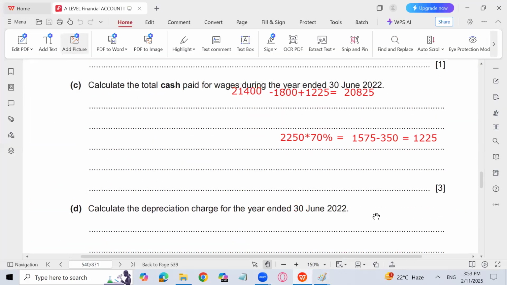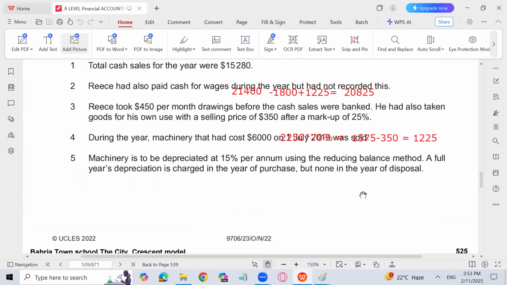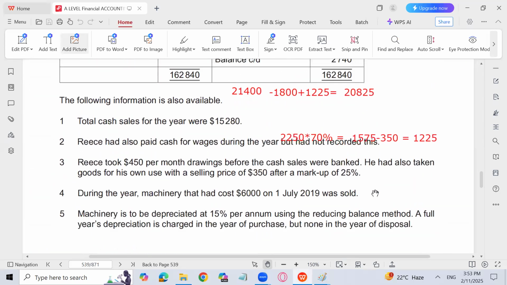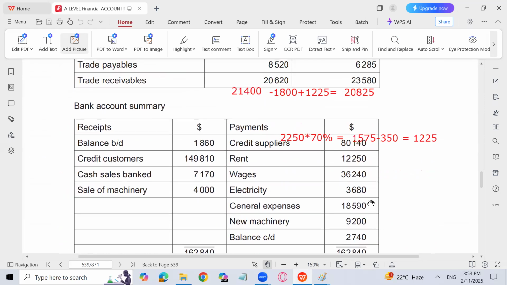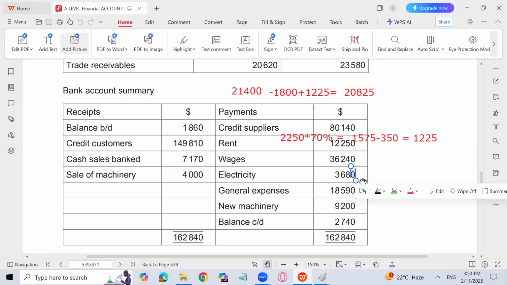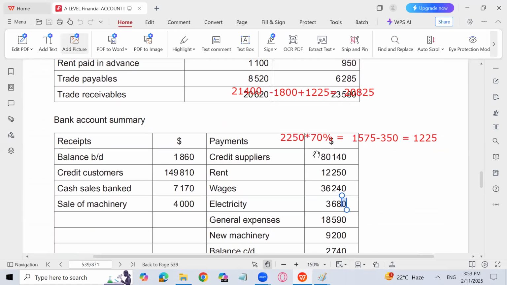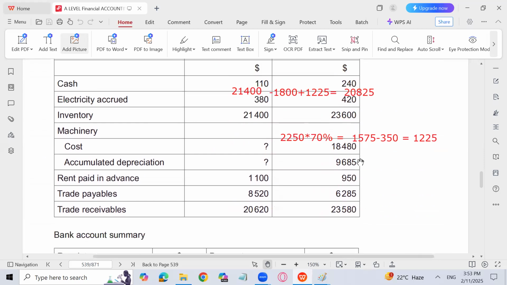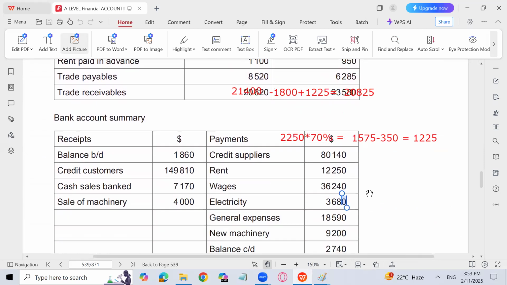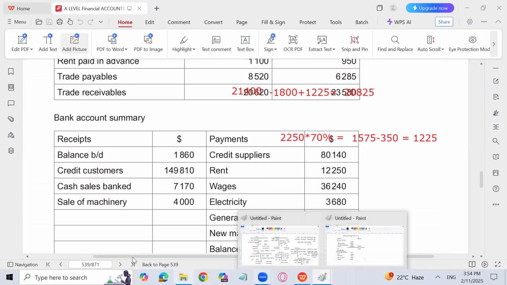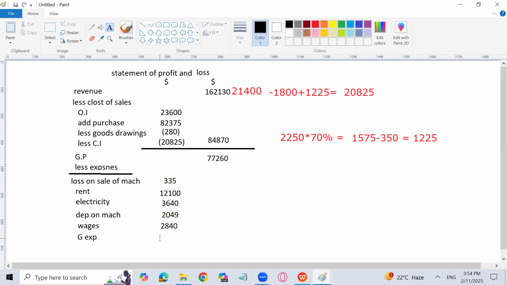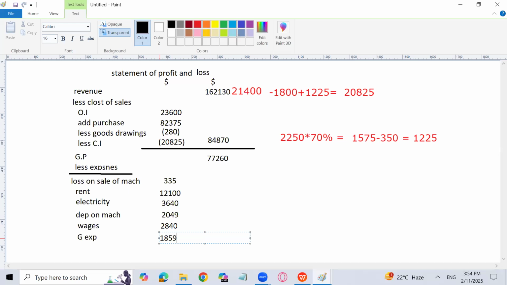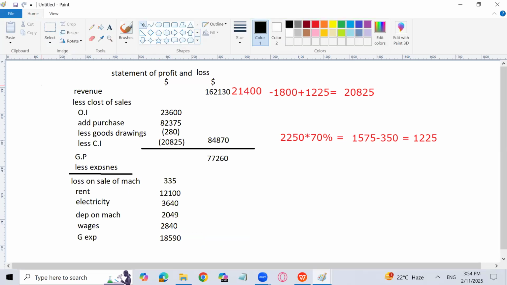Now let's see if there are some other expenses given in the question. We can easily see in the question if there are other expenses which need to be adjusted. General expenses are given, right? That is 18,590. Opening and closing of general expense is not given, so we don't need to write that. So I will write the general expenses, 18,590. Then go for the total of the expenses,